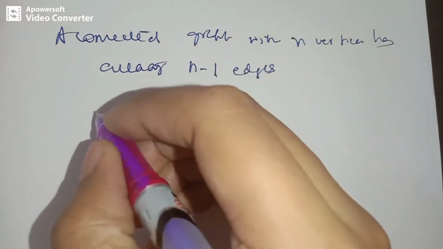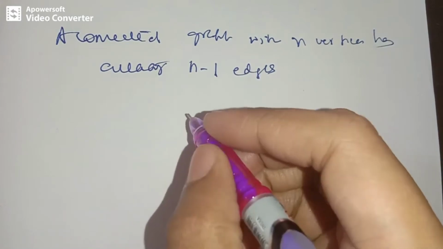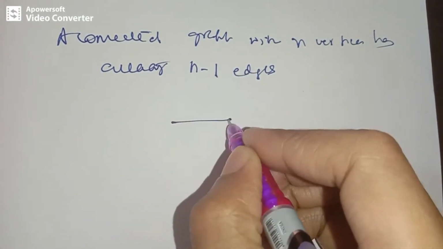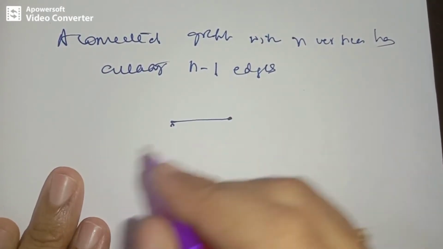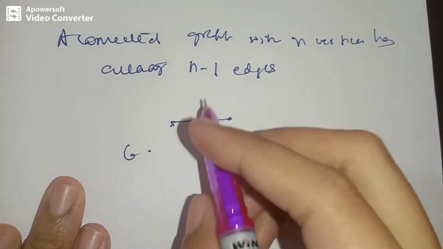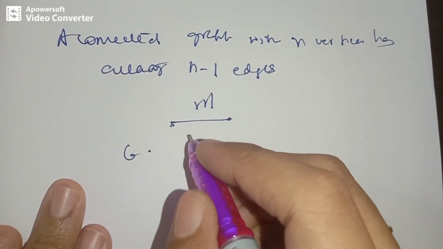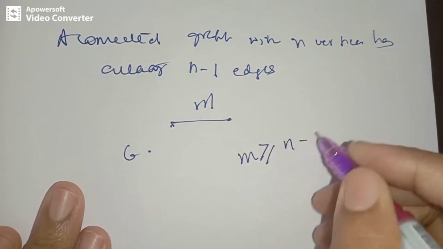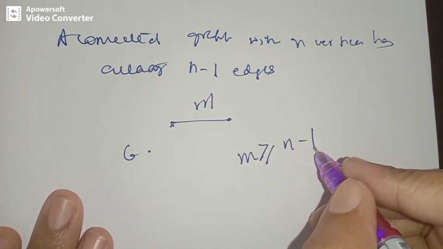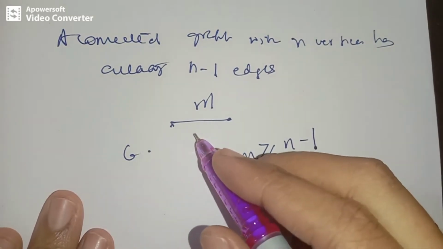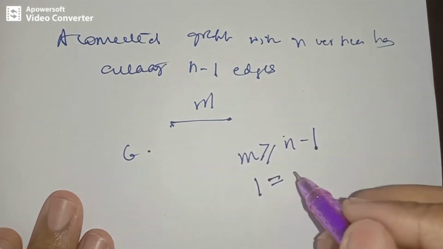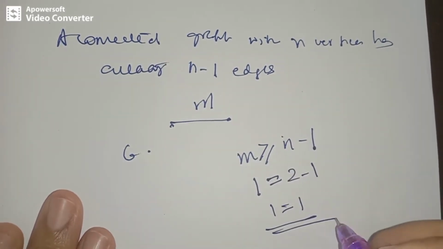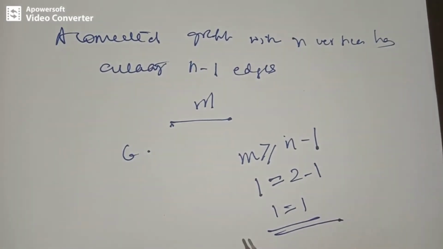Since we know as a part of the proof that the graph is connected, that means the number of vertices is minimum 2, or it can be more than 2 in a graph. So if m denotes the number of edges, we have to prove that m is greater than or equal to n minus 1. For example, in this graph with just 2 vertices, m is 1, the number of edges is 1, and it is equal to the number of vertices, that is 2 minus 1, so 1 equals 1, right? We use this concept in our proof.